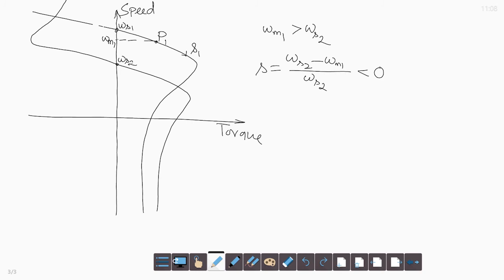As slip becomes negative, the rotor induced EMF, current and stator current component all become negative. So the machine operates as a generator. Operating torque also becomes negative to the motor speed. So the operating point shifts from the first quadrant to the second quadrant, then follows this path and operates at a point P2 with negative torque and speed somewhat more than the synchronous speed. During this changeover from operation P1 to P2, the machine operates as a generator, and when the machine operates stably at point P2, the machine is also operating as a generator.